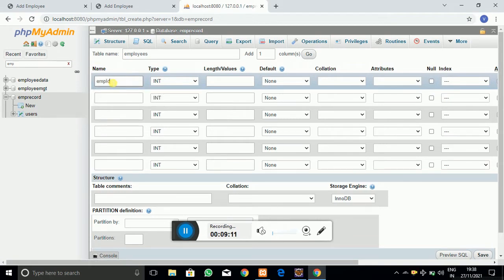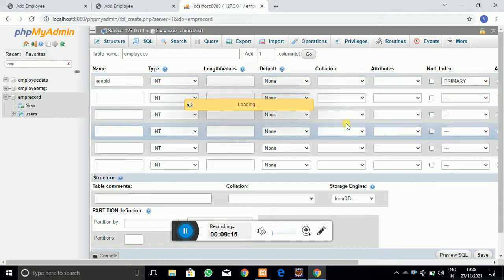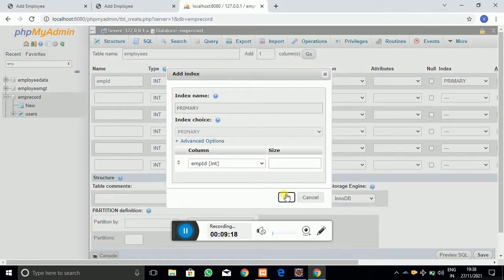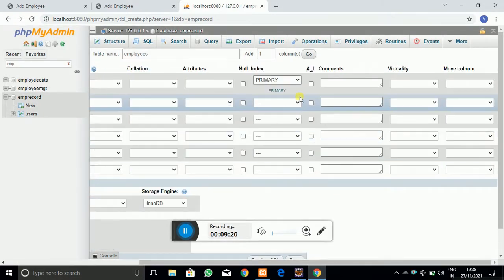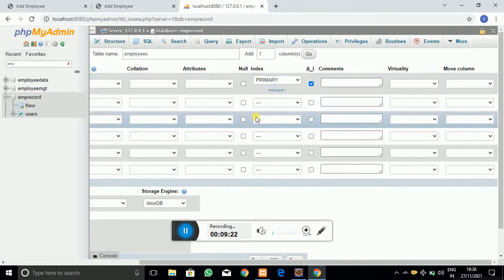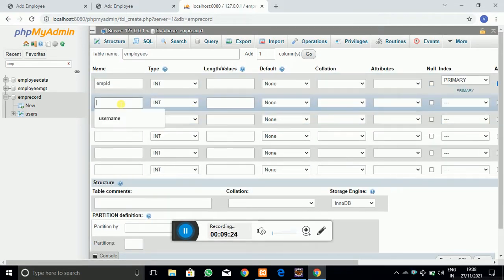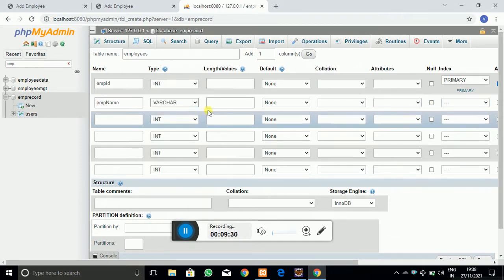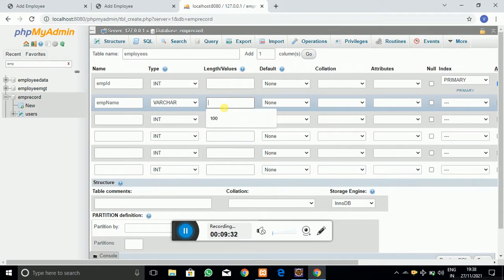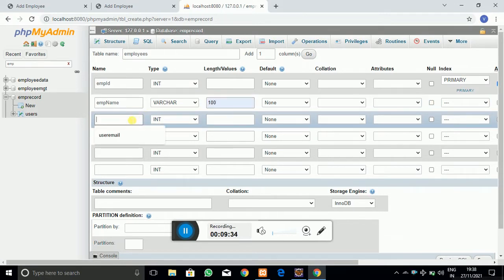First of all, the very first field should be the employee ID, which is the primary key of the table, and which is automatically incremented from one, that is, I am going to check the auto increment checkbox. The next column name is employee name, for which I am going to give varchar 100.